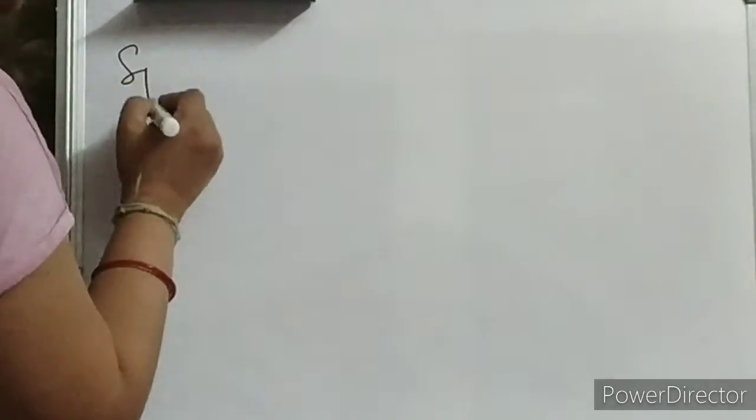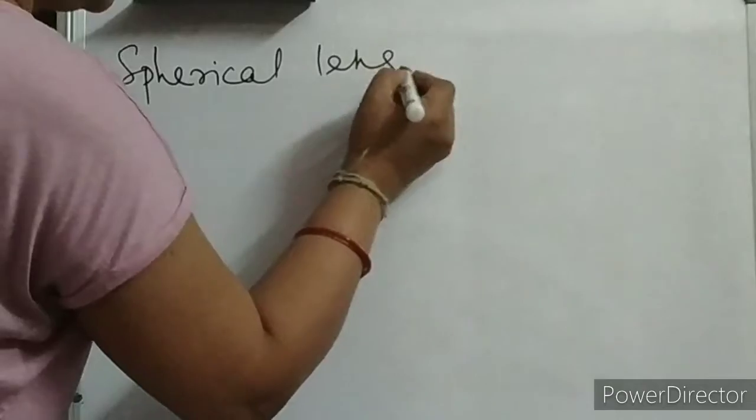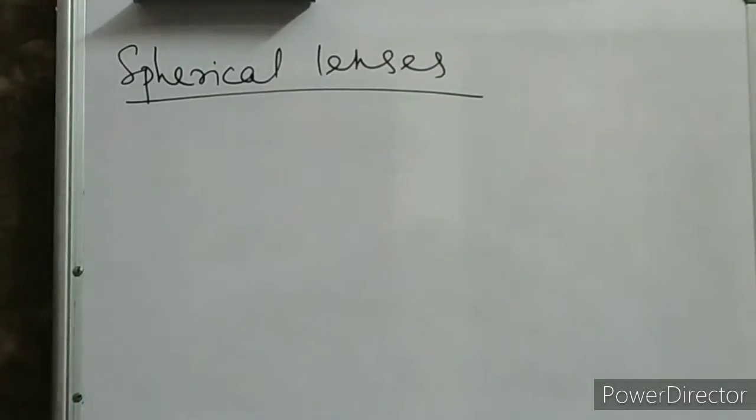So, mirrors over, rectangular slab over, very important portion. Then today we are going to discuss a new topic, that is spherical lenses. Okay children, I think you all know what lenses are and you have seen them also. Is it true? Yes. Why are we doing spherical lenses? Because they have numerous applications, and in day-to-day life we use spherical lenses. Those kids who are using spectacles know that is a lens only.